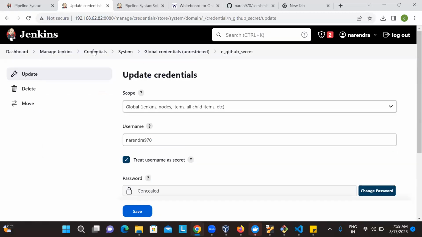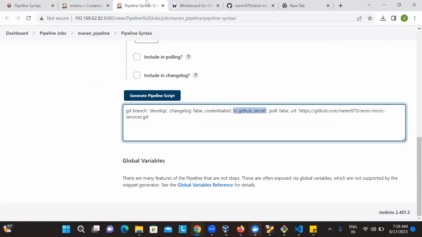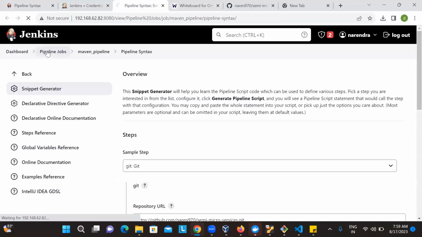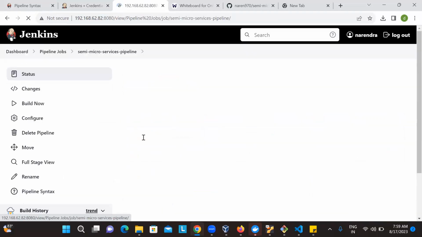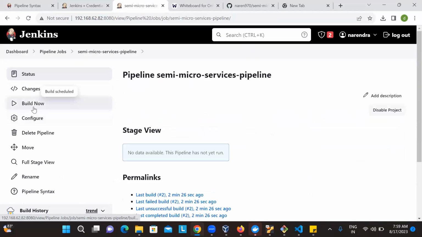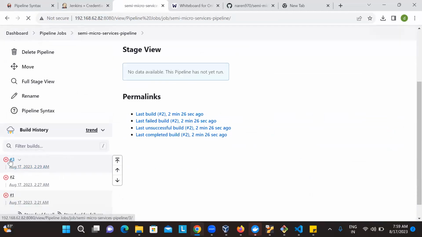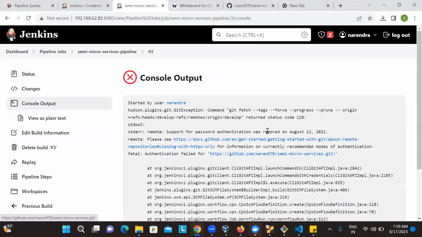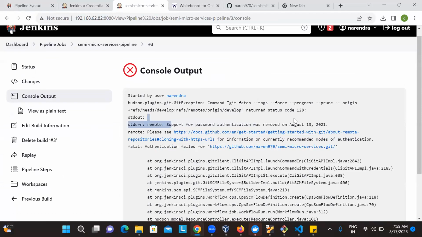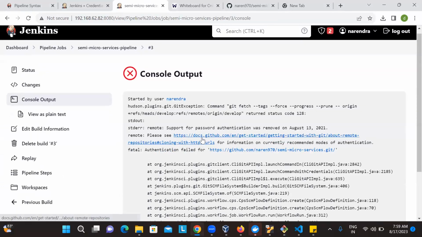I'm using this only, but let me rerun it. Yeah, same information. Is it really using the same thing? Just a minute, guys. What I do use is